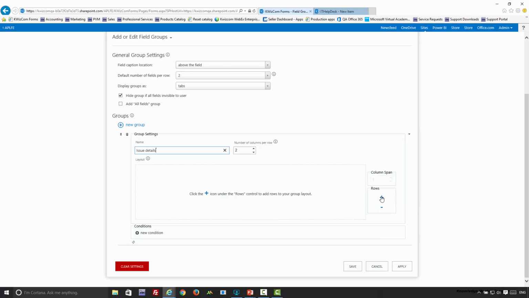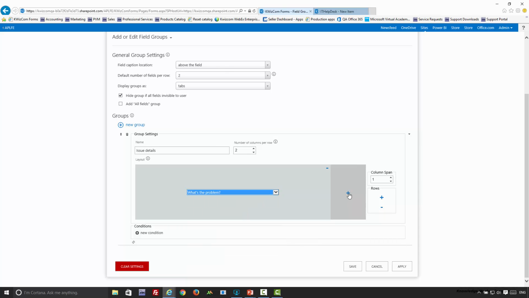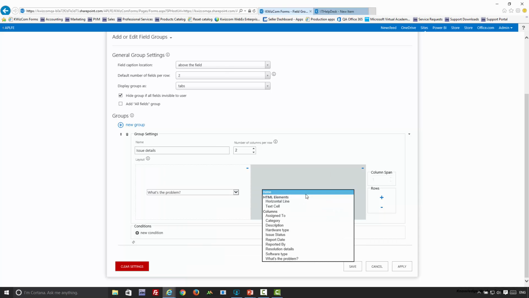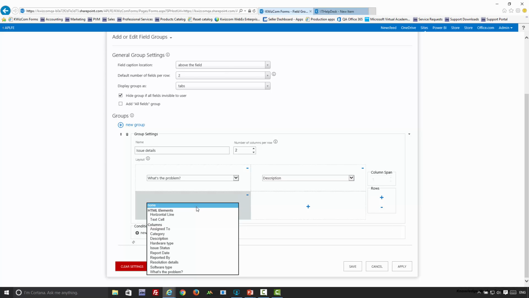So let's add a new row, and I have 2 columns. And now let's click the plus sign and say, okay, first field I want to see is what's the problem. And next to it, I want to see the field details or description. Yeah. And let's add another row,